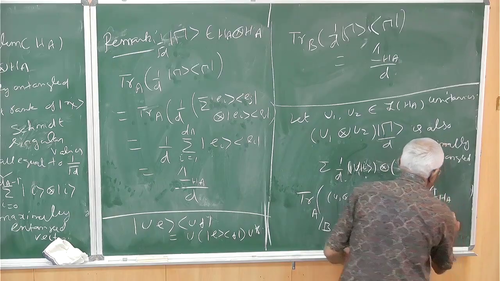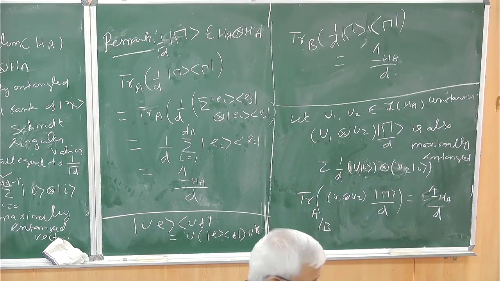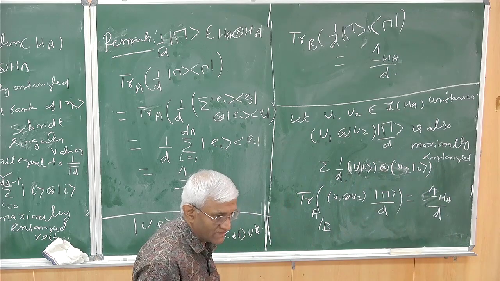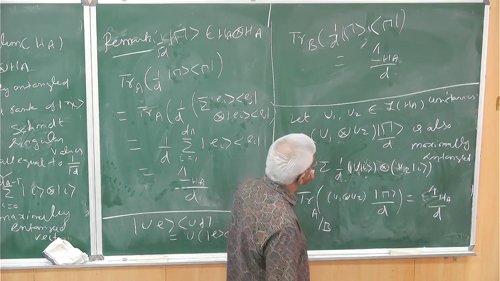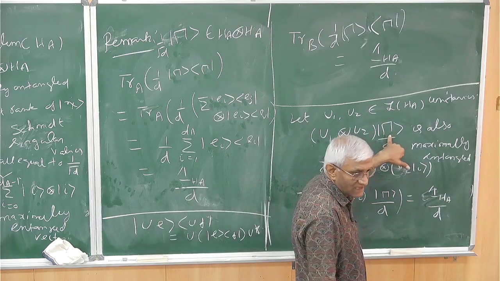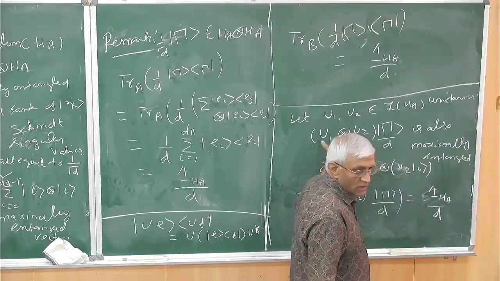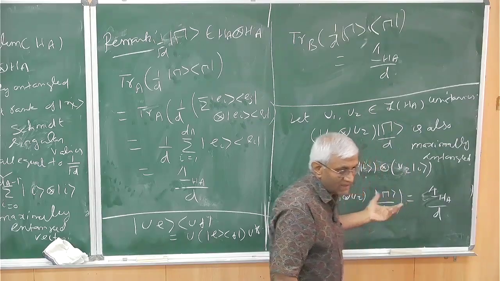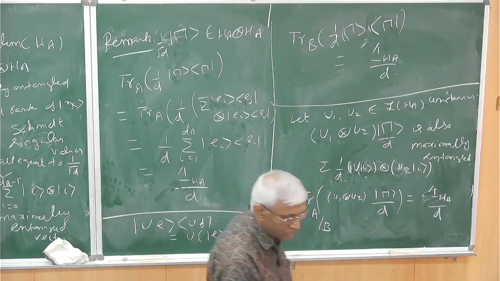Right. Okay. If you take the partial trace, this is what you get. This is clear? Okay. So this is what you will get for any of these kind of things. But what we have seen from this is, if you take this vector, this is a fixed maximally entangled state. It's like an identity. Then by applying U1, U2, you get many maximally entangled states.